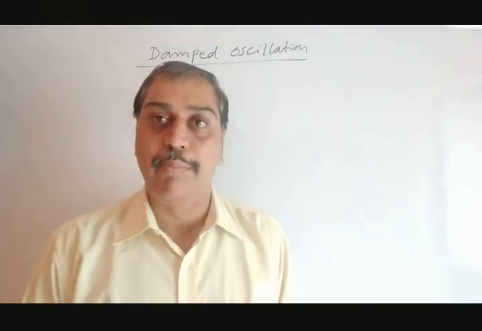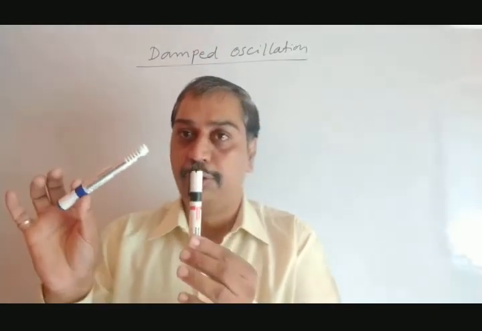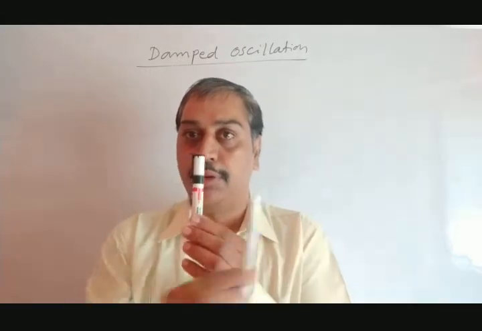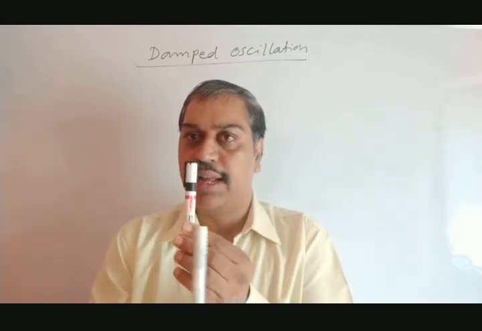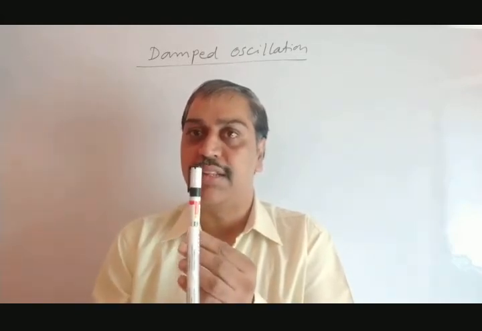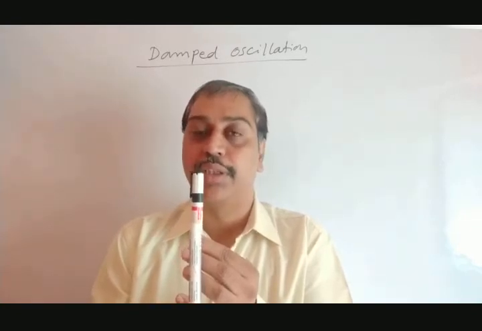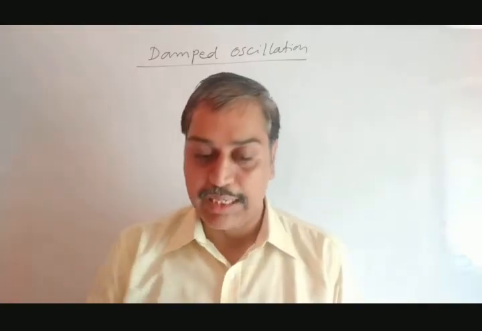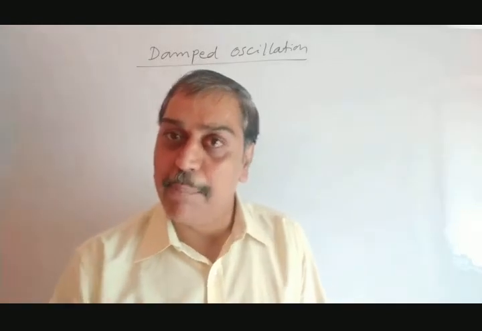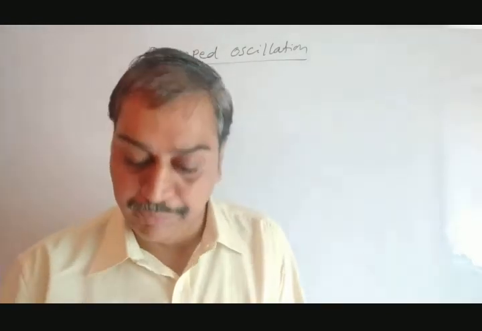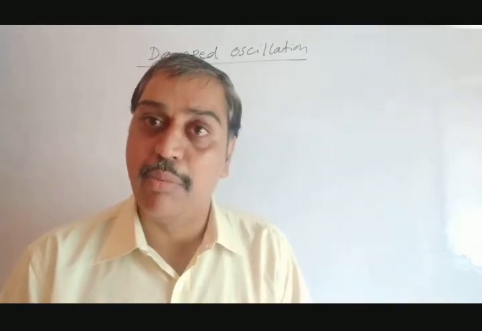In the case of a simple pendulum, suppose this is the mean position, and we move it to this extreme side and leave the pendulum, it will perform such type of motion. After 1 hour or 2 hours, what will occur? Its amplitude decreases, and finally it stops at its mean position, and that is said to be damped oscillation, because the oscillations are decreasing with time. Amplitude of oscillation decreases with time, so that is said to be damped oscillation, and the device is said to be a damped harmonic oscillator.